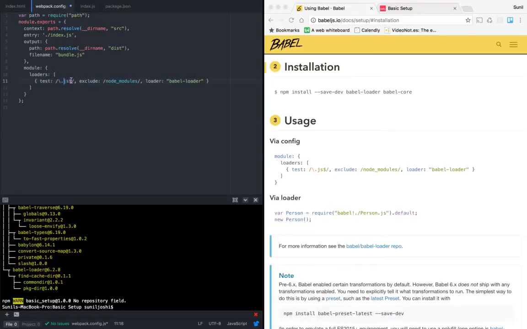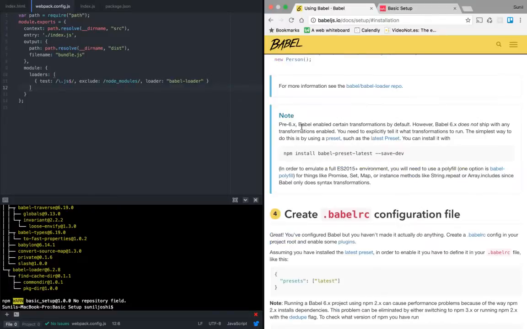Yeah, so that is what this is going to do for us, right? And the second step, what we need to tell Babel is what kind of preset we would like to use. So quickly, I want to read this note for you guys. Pre Babel 6 versions enabled certain transformations by default. However, Babel 6 onwards does not ship with any transformations enabled.